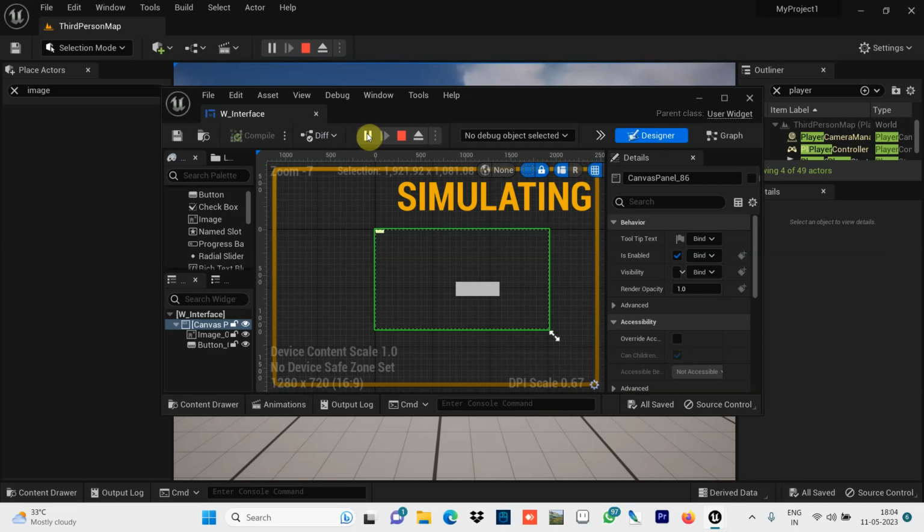So this is the procedure for doing small things in the user interfaces of the Unreal Engine.